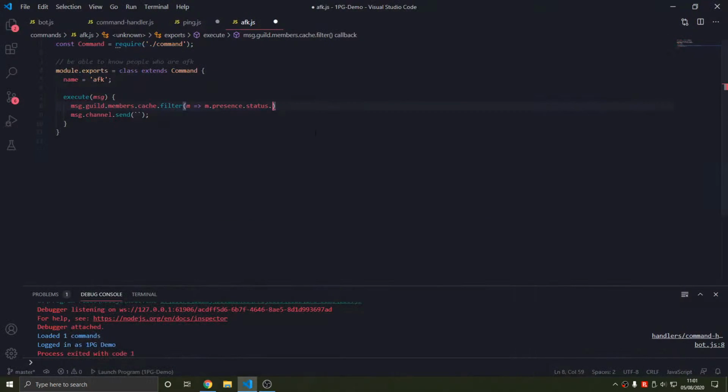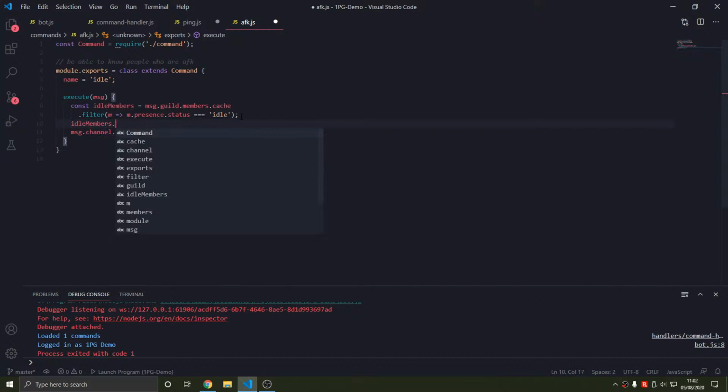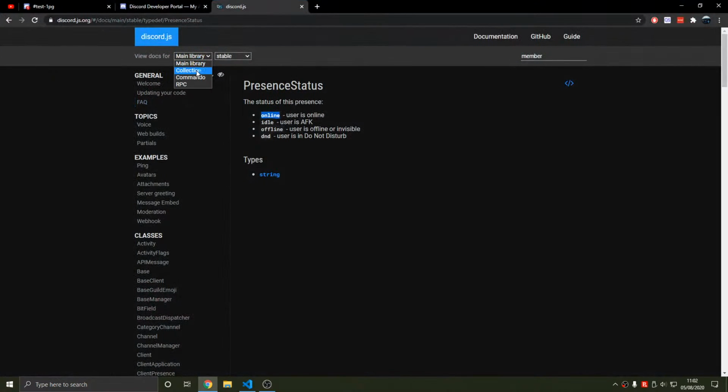So if they're idle, dot presence status triple equals idle. There we go, AFK members, const. I'm going to call this idle, because it's more accurate. There you go. And then send. So const, we want a string of all the members. So idle members dot